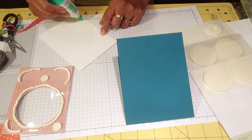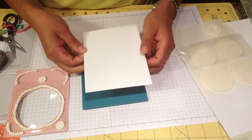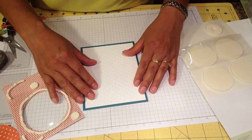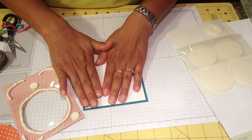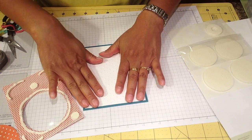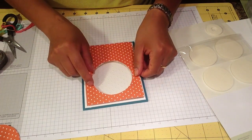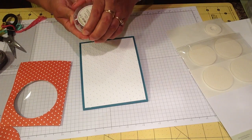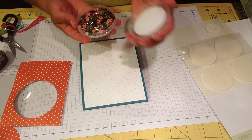The reason why I'm using Tombow instead of Snail is because my paper has some texture, and Tombow works very good when you have some texture on your paper, and it works a lot better than the Snail, because I think it's because it gets on those cracks and those deep areas from the embossing that you've done before. So now I use my designer paper to see where I need to put my sequins,